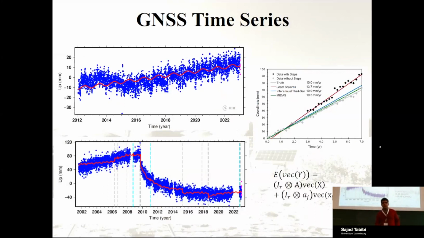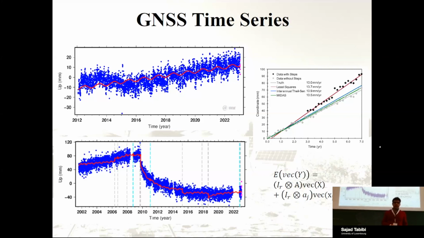So traditionally in geodesy, we used time series analysis to extract the plate tectonics. Here you can see a clean time series with no gaps from 2012 to 2023. By processing this data, we could derive different measures. For example, in the beginning, we were using the least square adjustment to estimate the slope of the time series. Then later, we started to use the Theil-Sen estimator, and recently we are using MIDAS to extract the trends of